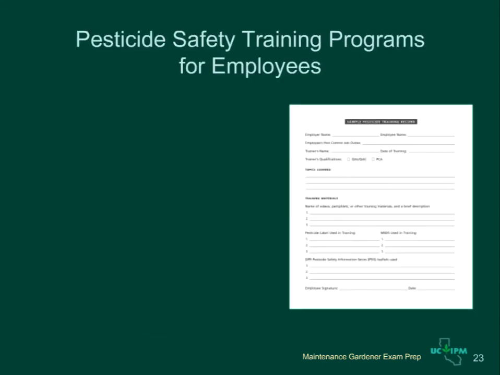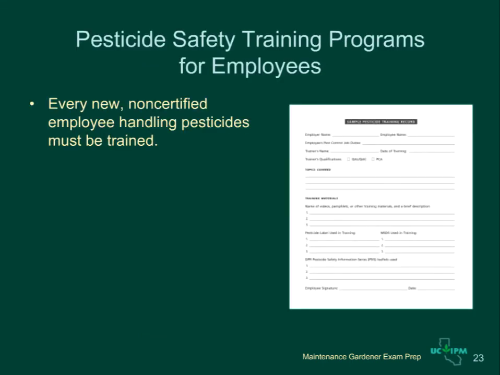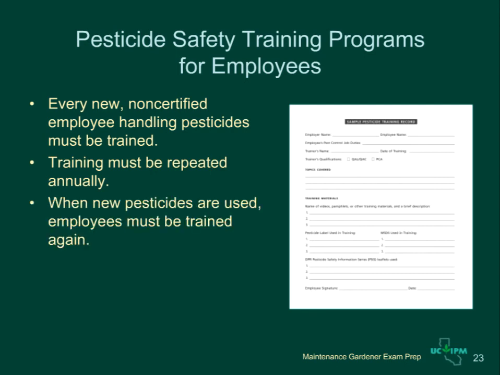If you have employees who are working for you and applying pesticides but don't have a pesticide applicator certificate or license, you must train them every year. You must also train them each time they have to apply a pesticide they have not used or been trained about previously. You need to keep a written record of the training signed by each employee at your workplace for 2 years. The Agricultural Commissioner may ask to inspect these records at any time.